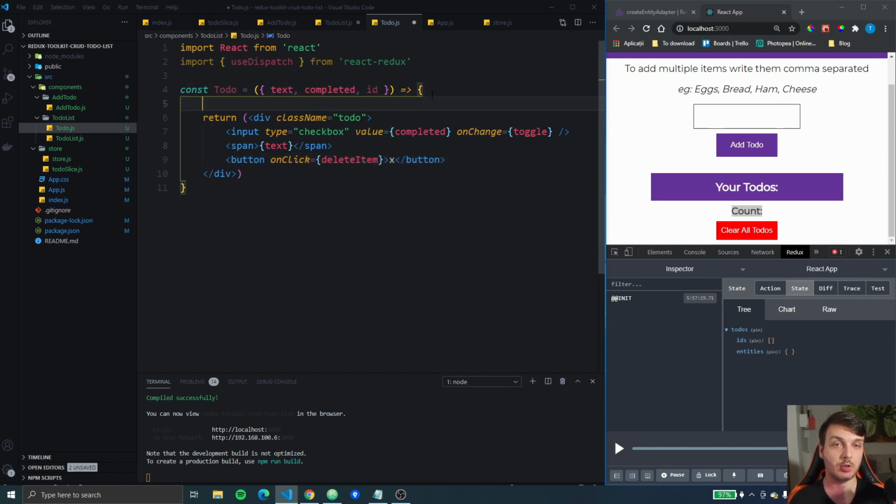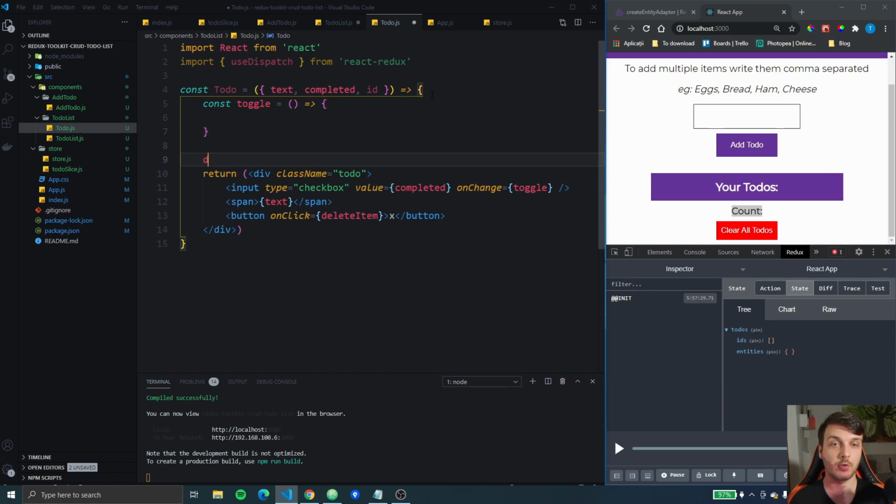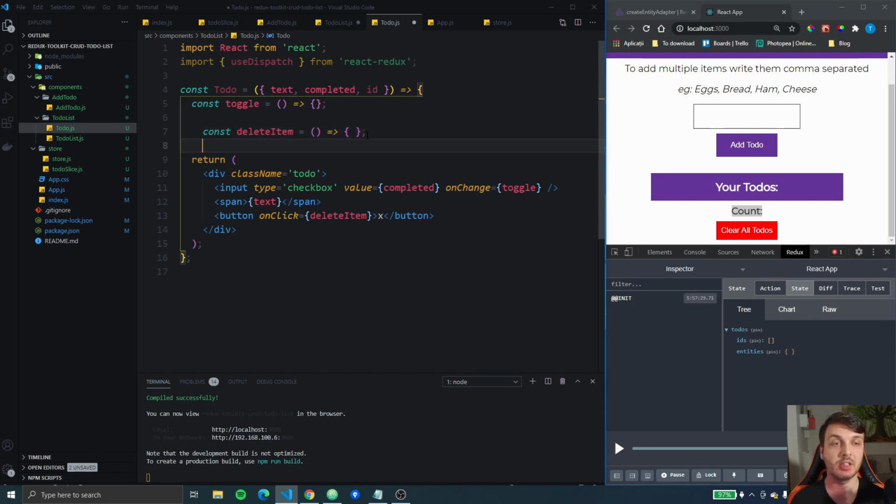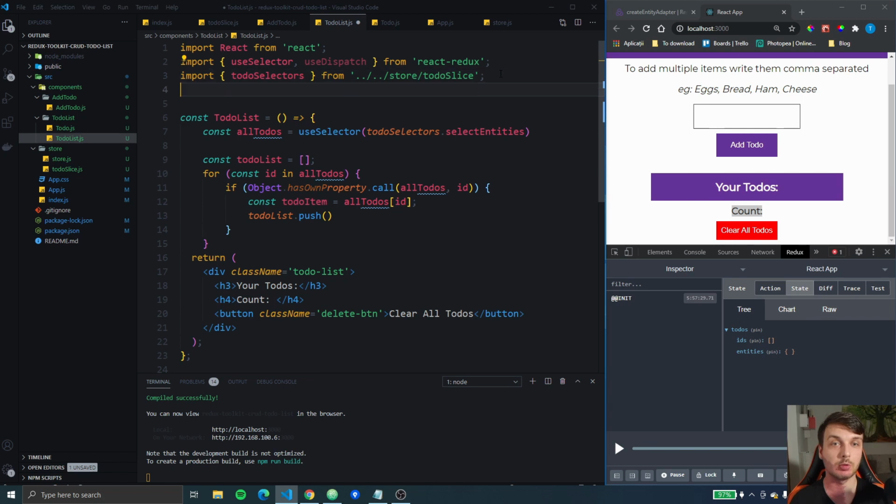Okay, I should also create the toggle functions. So we're just gonna create some empty arrow functions for the moment, and we're gonna come back to them later when we will update each to-do, and we will also add the delete functionality to it. But for the moment this should work. Let's export default the to-do and go back to our to-do list, import Todo from Todo,